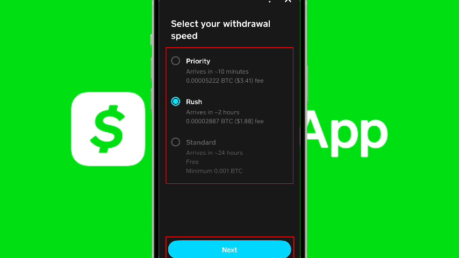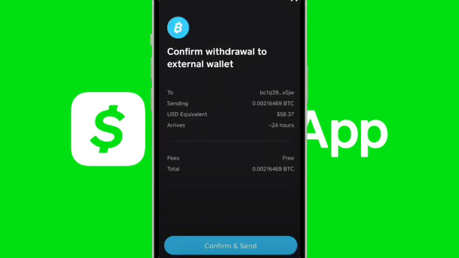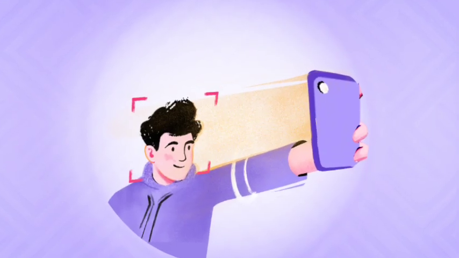Cash App typically offers 3 tiers: Priority, which arrives in about 10 minutes for a small fee; Standard, which arrives within 2 hours, usually free if you send more than 0.001 BTC; and Rush, which arrives in about 2 hours for a flat fee. Review the transaction details carefully, confirm with your PIN or Face ID, and your Bitcoin is